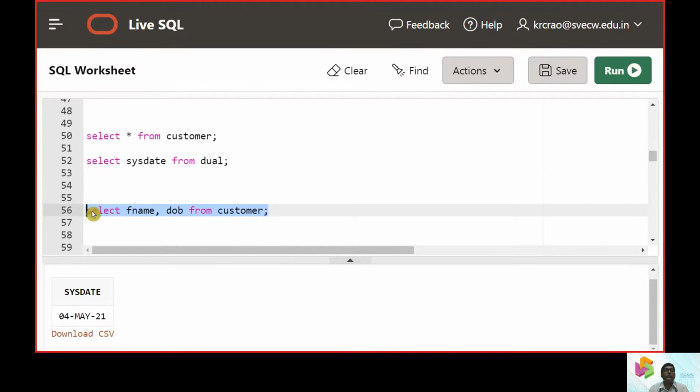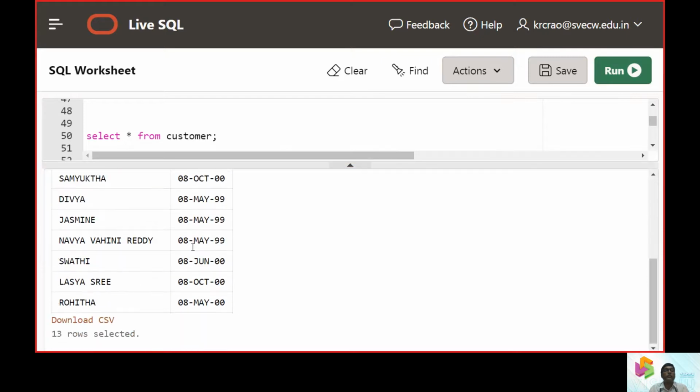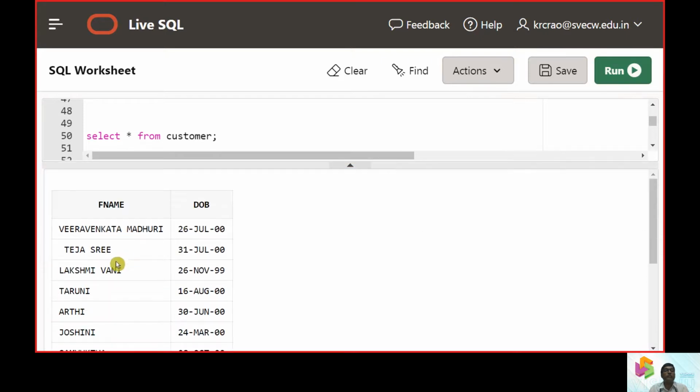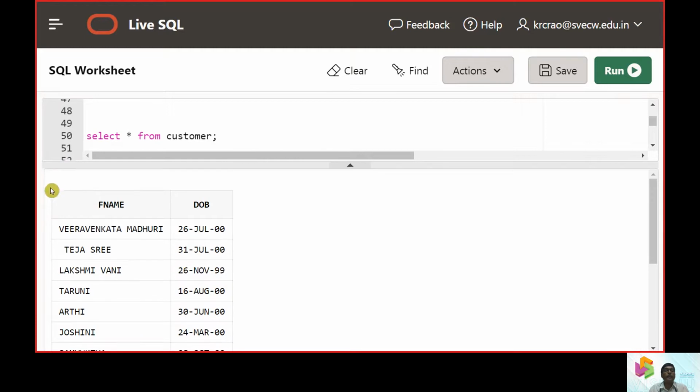So we write the table name customer, the attributes as a target list, and from is a clause which is part of a select command. Now you can understand, we get all the 13 records, and the name was Tejasri and her date of birth was 31 July 2000.